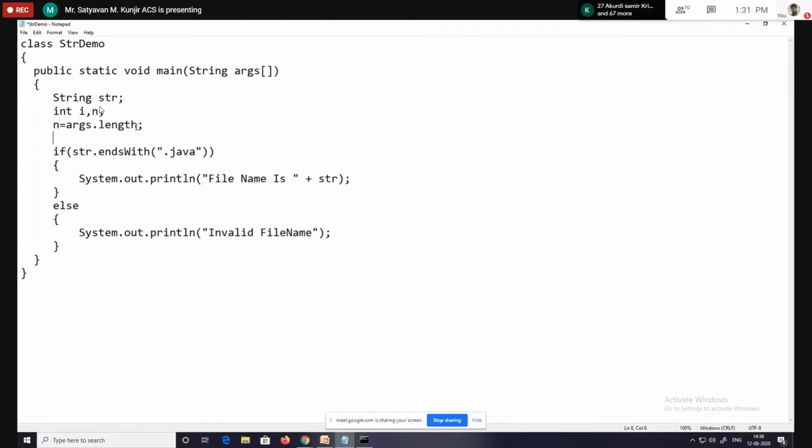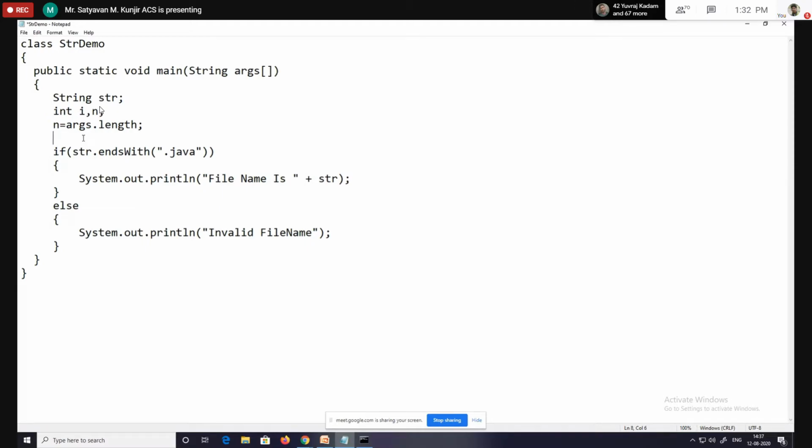See, yesterday we had seen the length method like this. This is a method of the String class used to calculate the length of a string. Now here we are using the length property of the array args. What is the use of the length property? It returns the count, that means the size of args. How many parameters are in args, that count will be returned by the length property. So we use the length property directly, without function brackets. Then it is called a property. If it has brackets like this, then it is called a method. That you have to remember. The length property calculates the size of the args array. That size we are storing in variable n.